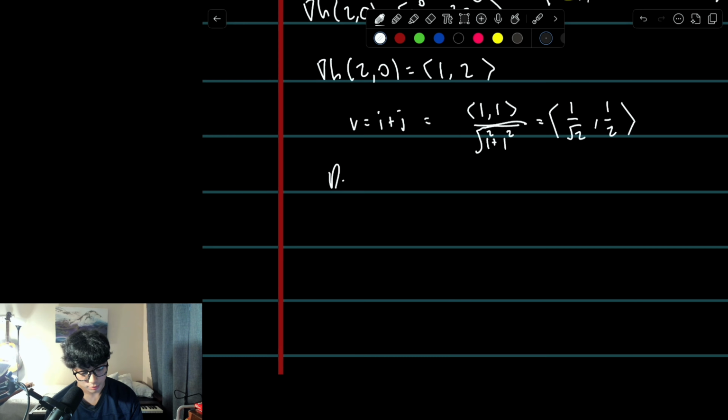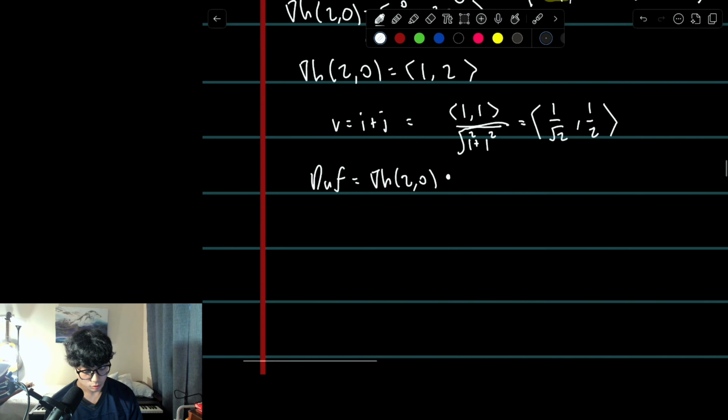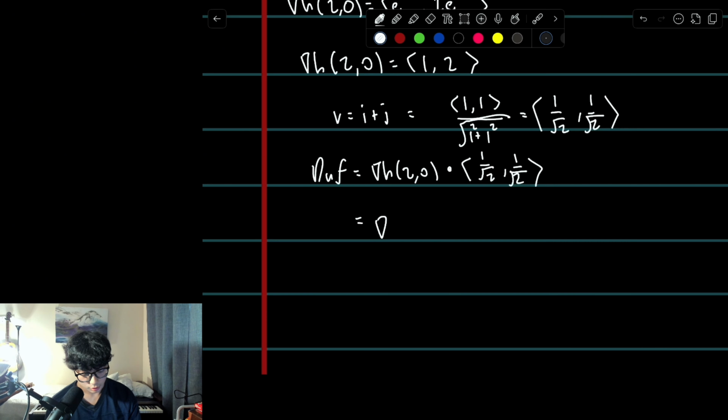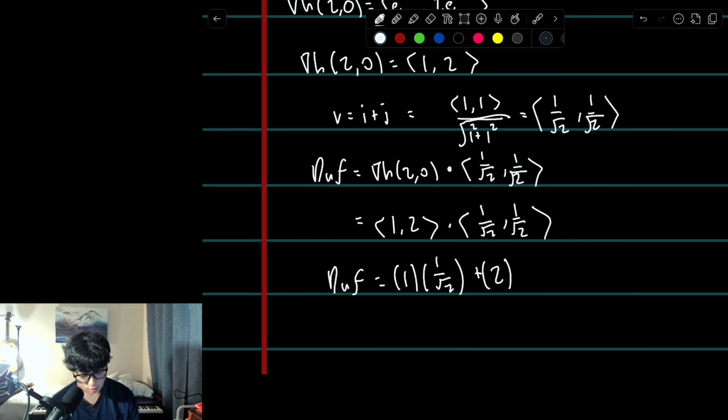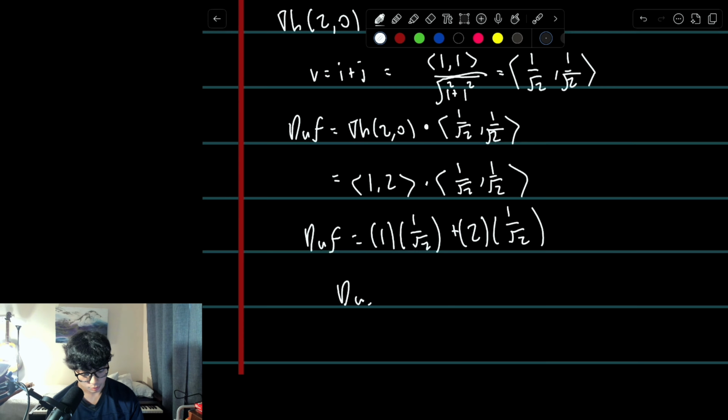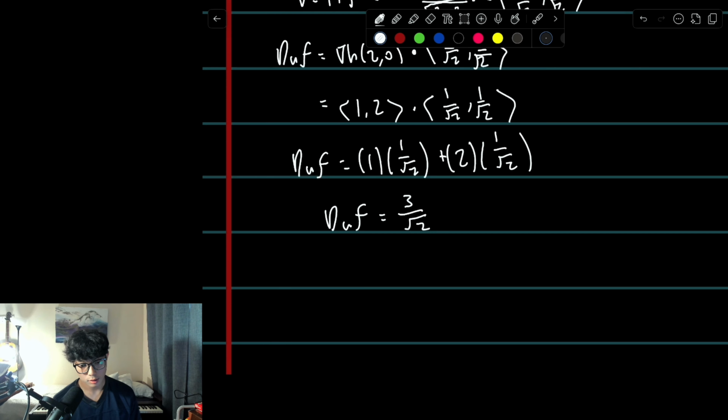And our last step is to find the directional derivative, which is the same as del h(2, 0) dot product <1 over square root of 2, 1 over square root of 2>. And sorry, I forgot to put a square root under here. We know our del h of (2, 0) is the same as <1, 2> as found over here. Dot product with <1 over square root of 2, 1 over square root of 2>, which then gives us the directional derivative of 1 times 1 over square root of 2 plus 2 times 1 over square root of 2, further simplifying into 3 over the square root of 2,